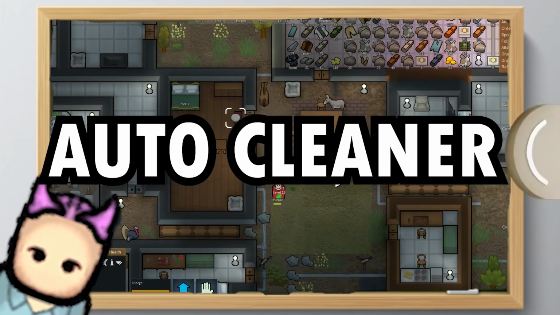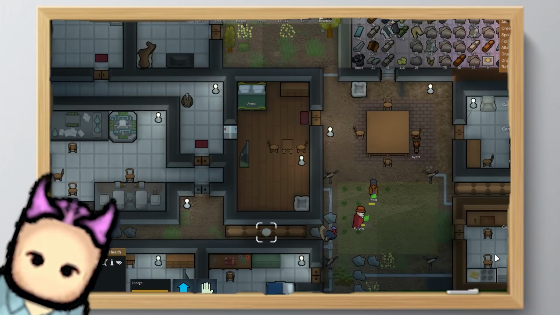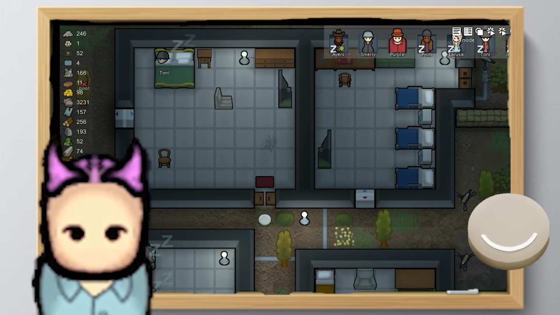What you need is an auto cleaner. Now, granted, plenty of mods do actually provide auto cleaners, like say vanilla mechanoids, but I'm throwing this in for someone who doesn't want to use that mod. If you want a simple cleaning bot, why not this one? Though if you don't want to use the auto cleaner, just set up some doormats down to help you regulate